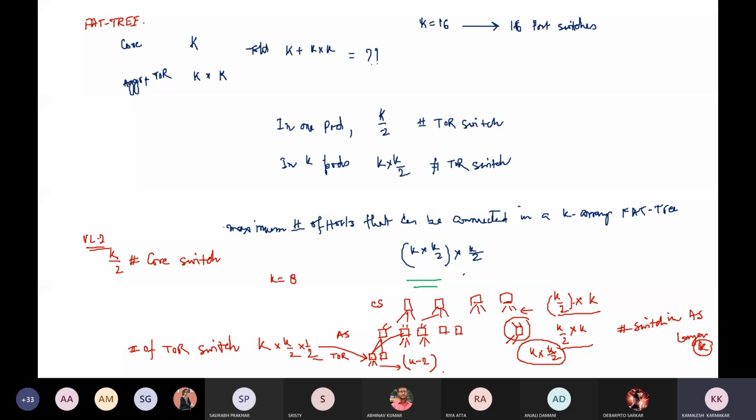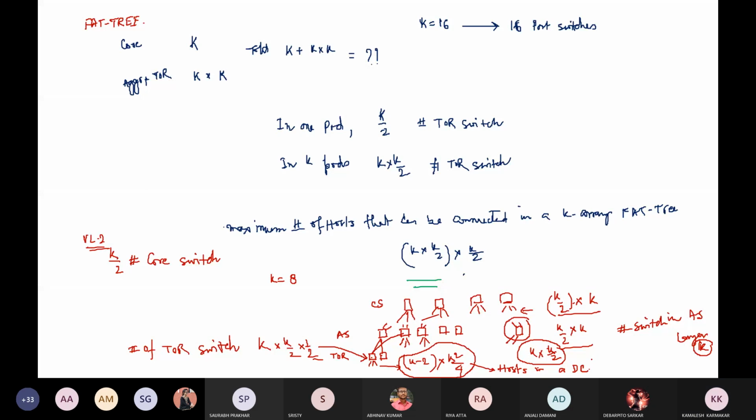So k minus 2 multiplied by the total number of TOR switches, that means k square by 4. So this is the number of hosts in a data center.